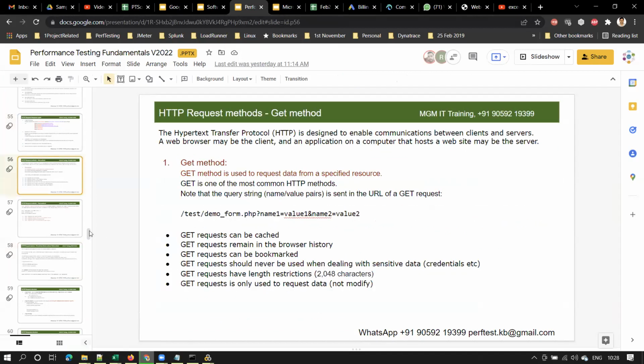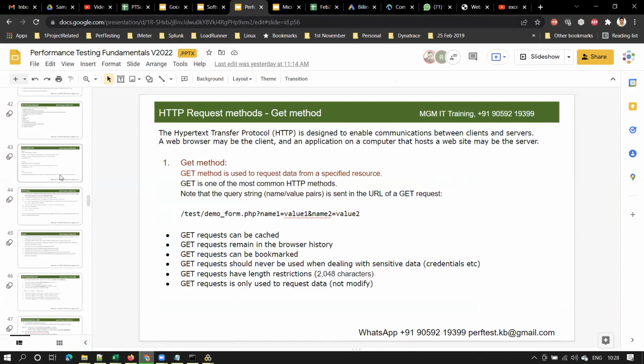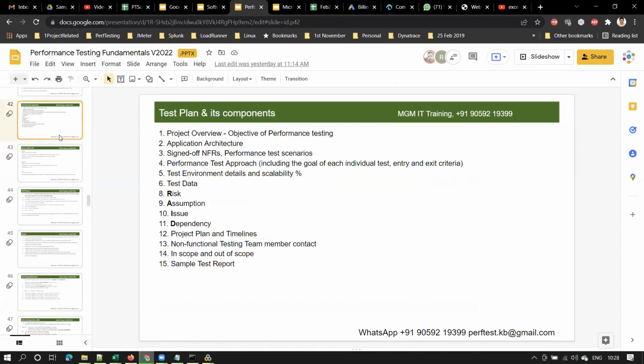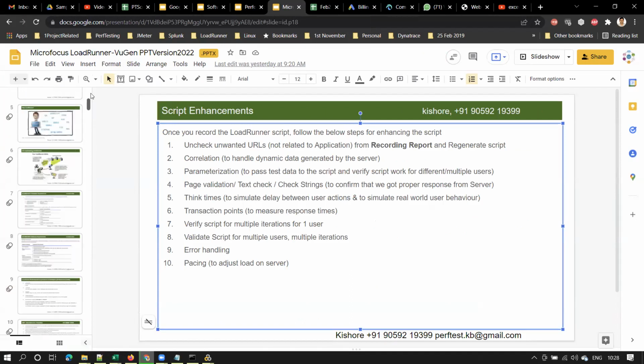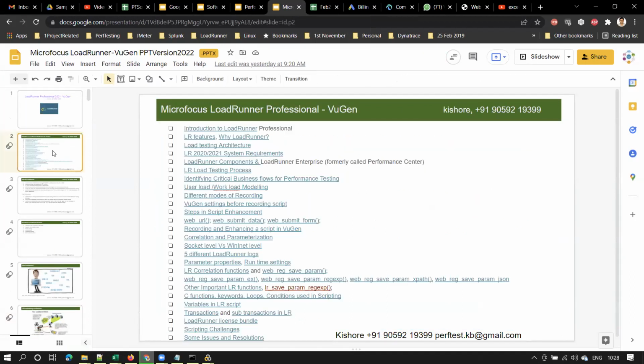Sir, in real time, for example IRCTC or Flipkart, we will be having concurrent users like 5 lakh, 10 lakh, 15 lakhs. So if we want to test that, we have to create 5 lakh or 10 lakh users and test that. So we'll be waiting for that time, or it will be running in the background.